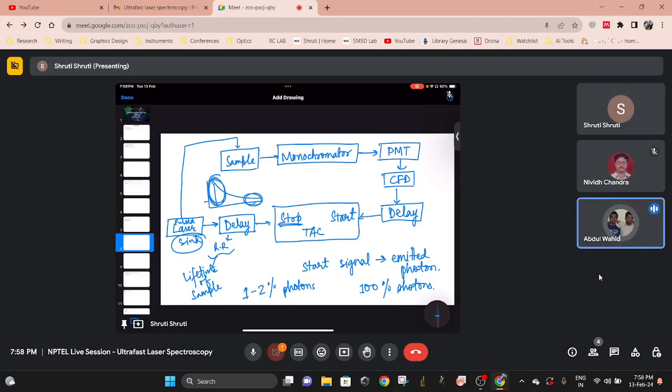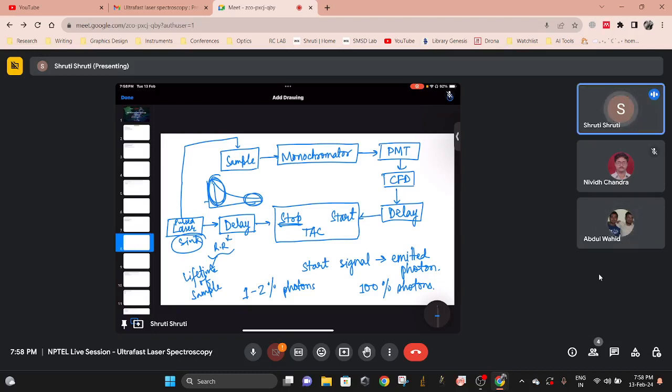Ma'am, that part I can understand, but may I ask you a very straightforward question? Let's say my laser power is such that, can you please tell me how many photons a sample can generate for a given diode laser pulse? That will depend upon the quantum yield of the sample. If the quantum yield is 100%,